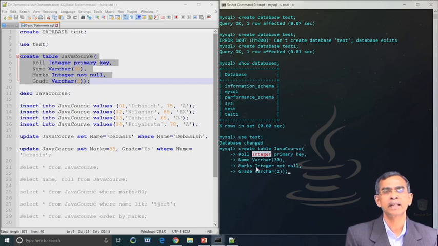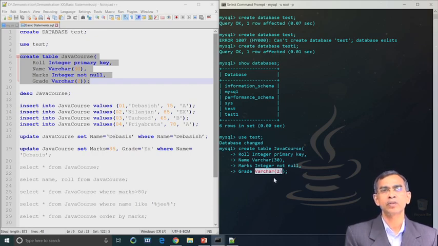The second field is name, which is basically a string of 30 characters. For this the syntax is varchar, and within brackets 30 indicates that a maximum of 30 characters is allowed, that means this is the width of the column. Marks is also type integer, and grade is also a character, but of 2 characters only.